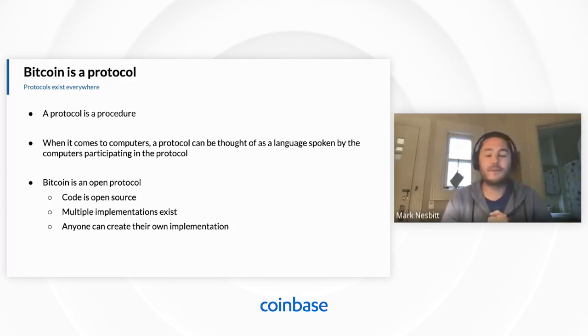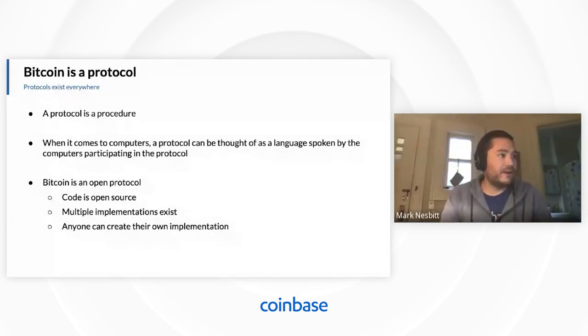Computer protocols can be thought of similarly as well. Many people may be familiar with HTTP and HTTPS protocols. So if you open up Google Chrome in the browser, it'll often have that prefix, and you can think of that as a language for accessing a website. And you may be aware that HTTP and HTTPS are very similar, but HTTPS is secure. So it's a slightly different protocol. There are two different protocols. You can think of it that way, as they have two different languages and two different rule sets.